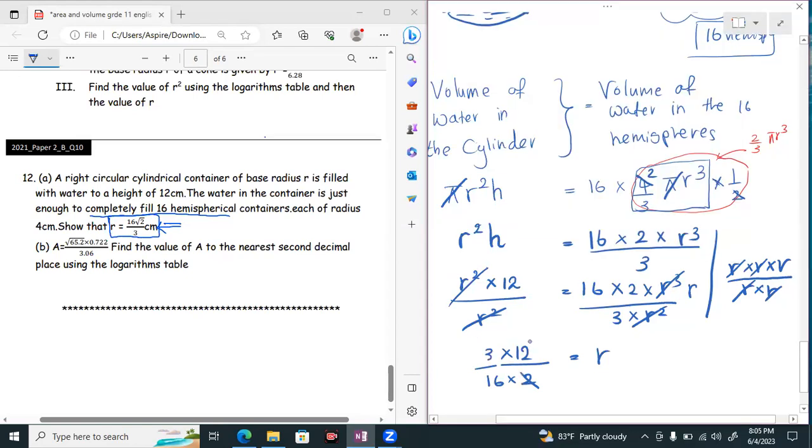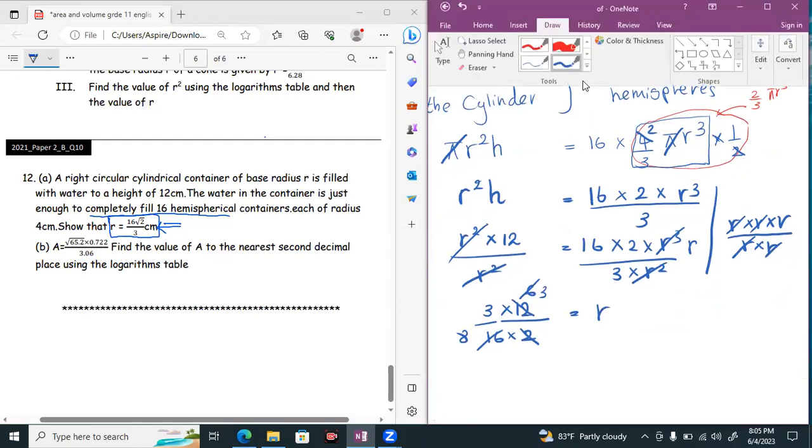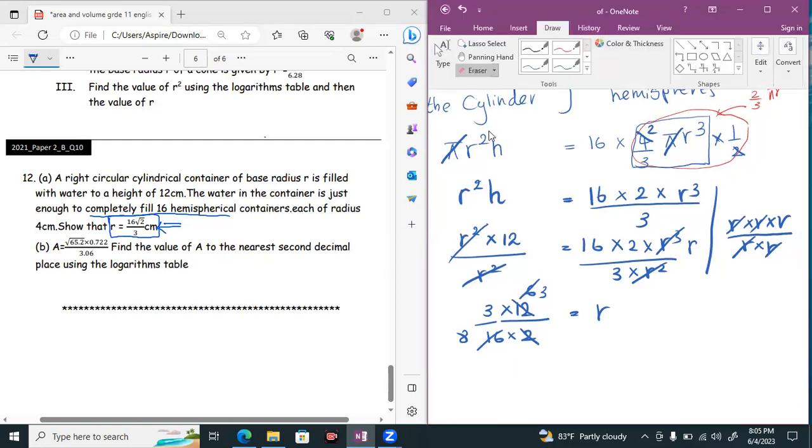Twelve divided by 2, it is 6. 16 divided by 2, it is 8. 3. Then, teacher, they have given the value of r as 4 centimeters. Yes, here they have given the value of the hemisphere, no? Oh, sorry. That means we can substitute it